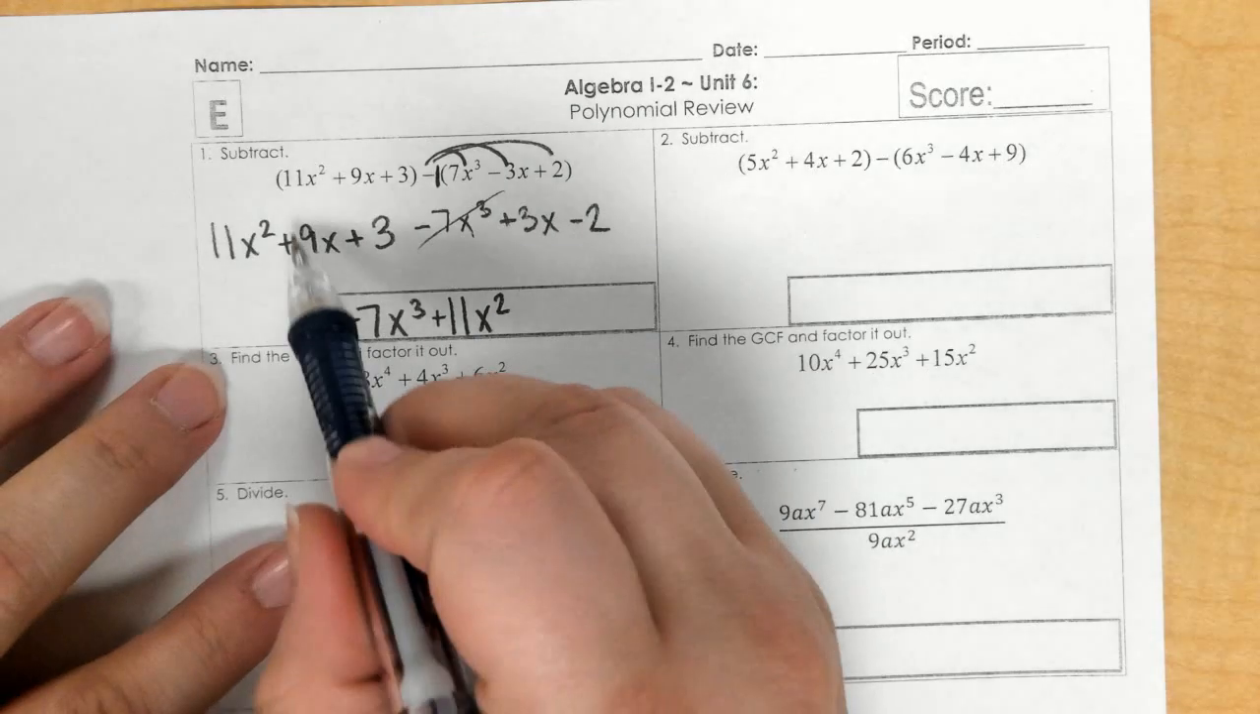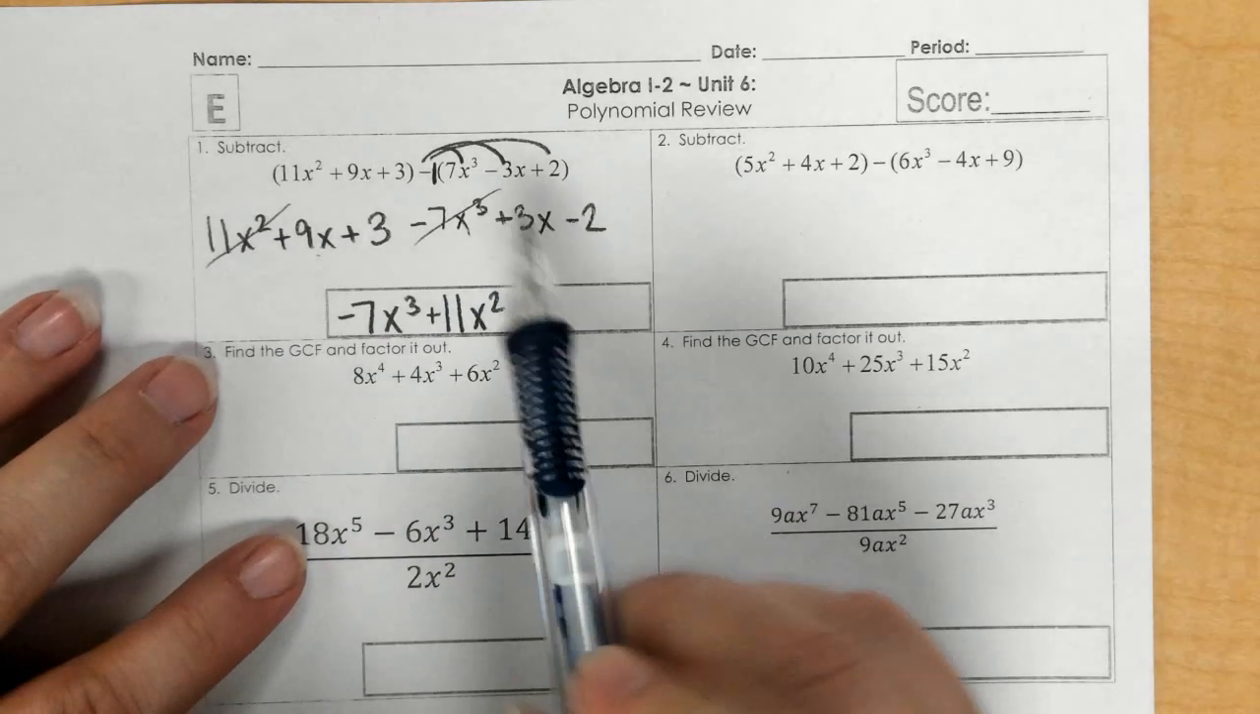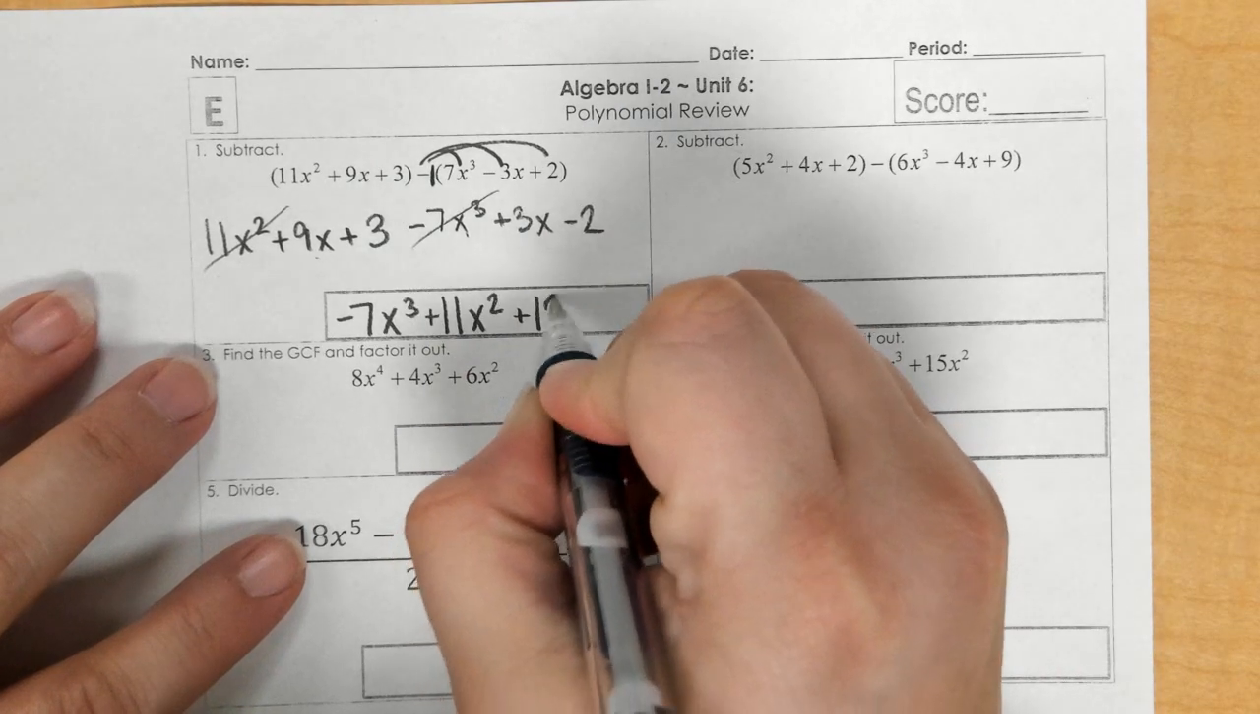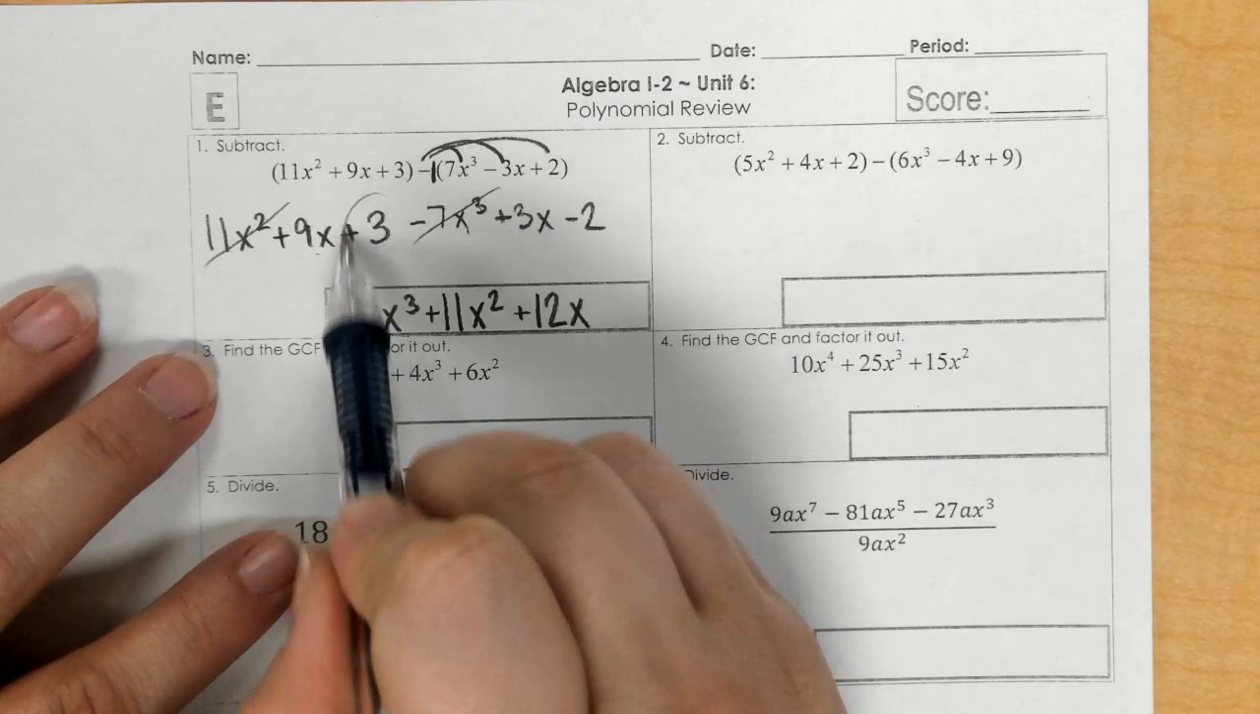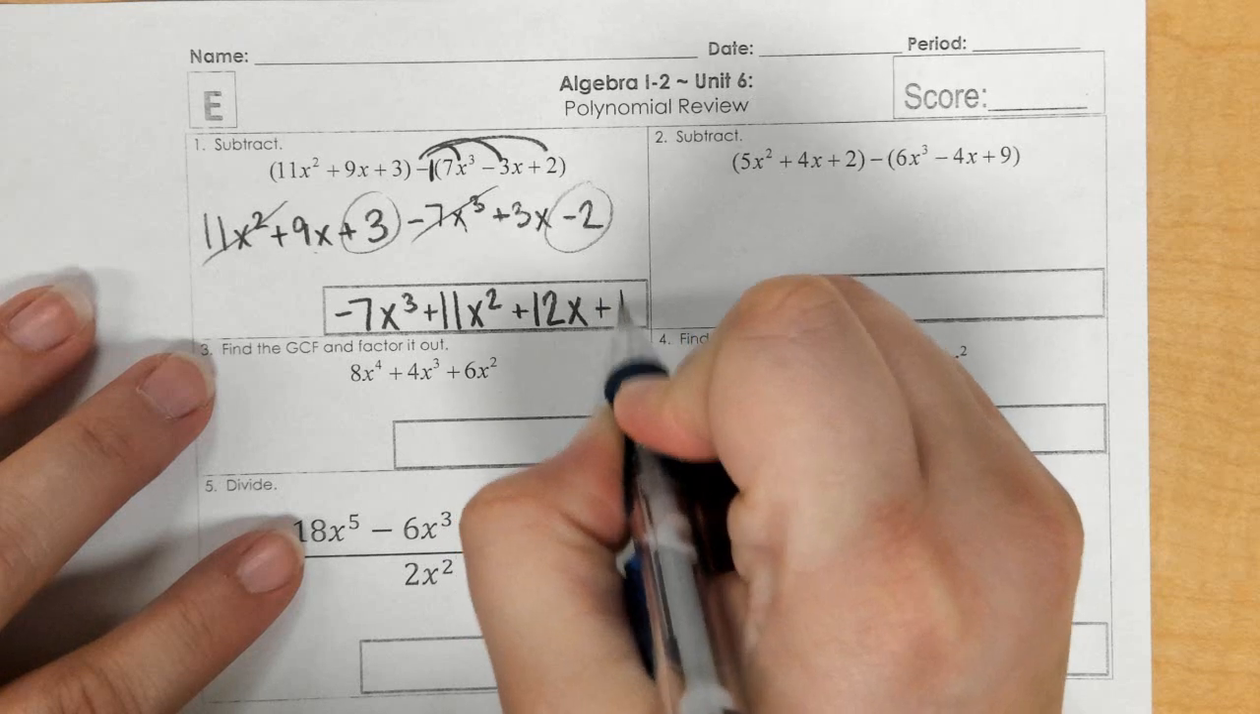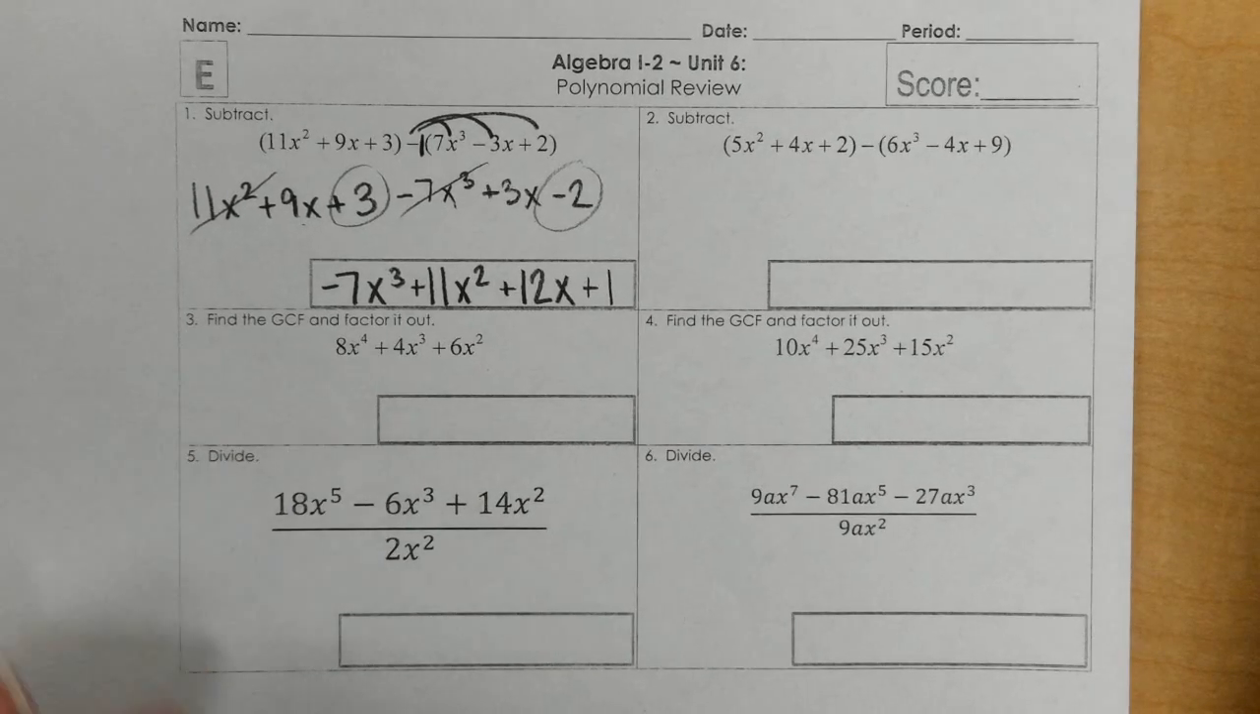And then x's, and then the 3 minus 2 is a 1. In number 2,